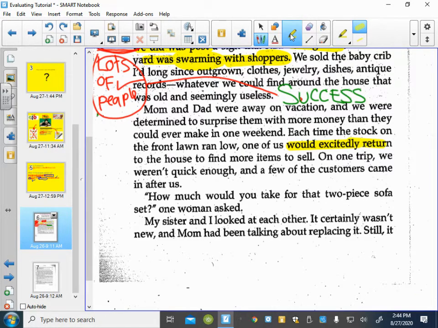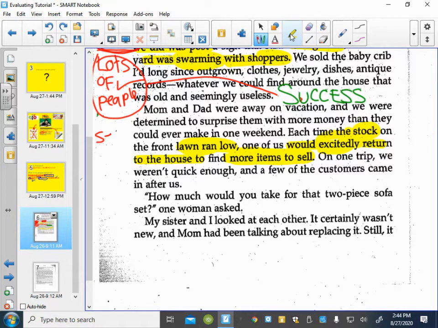Every time their stock ran low, they would excitedly return to the house for more items to sell. Well, based on that fact, they're bringing more stuff from inside the house, so that tells me, running it through my life experience, they don't have it pre-sorted. They're kind of selling stuff as they go. So my judgment is based on that.